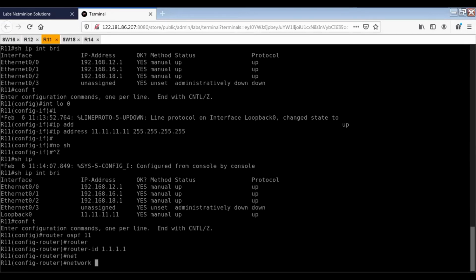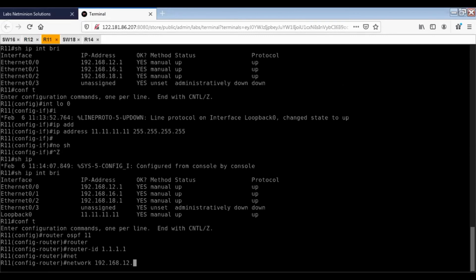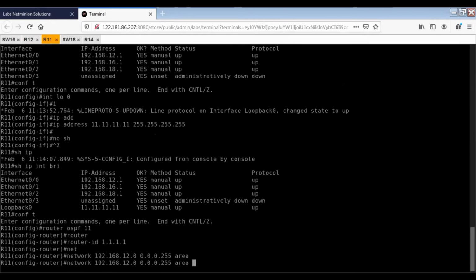Then network 192.168.12.0, since this is 12 on both sides. What area should it be? We have taken area 0 there, so it should be area 0 here. If there is an area mismatch, there will be no neighborship between these. So we have to take area 0.